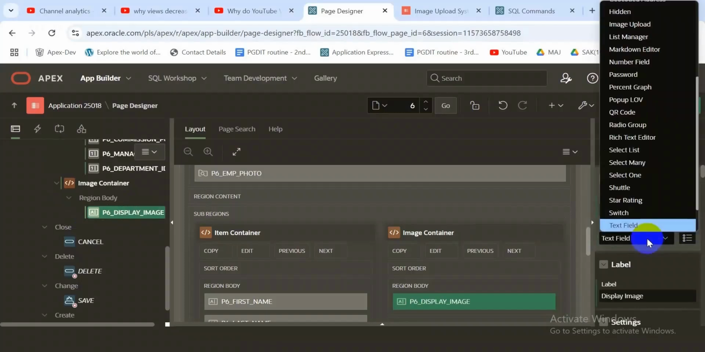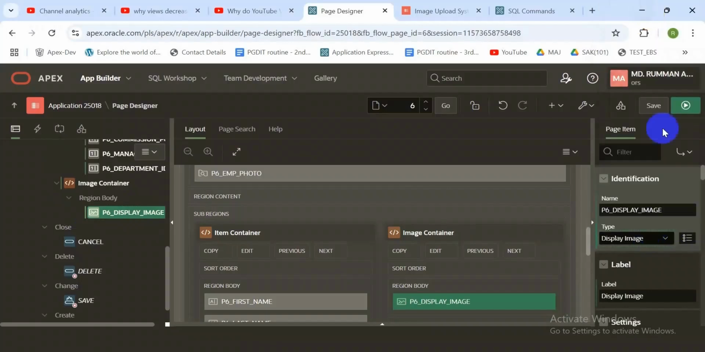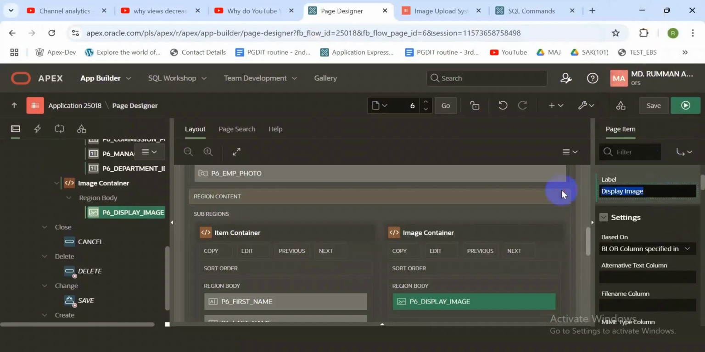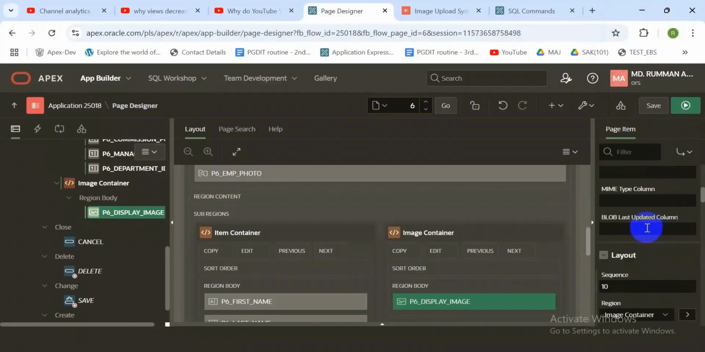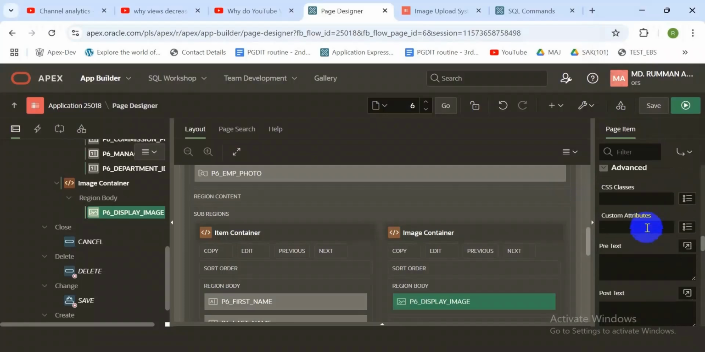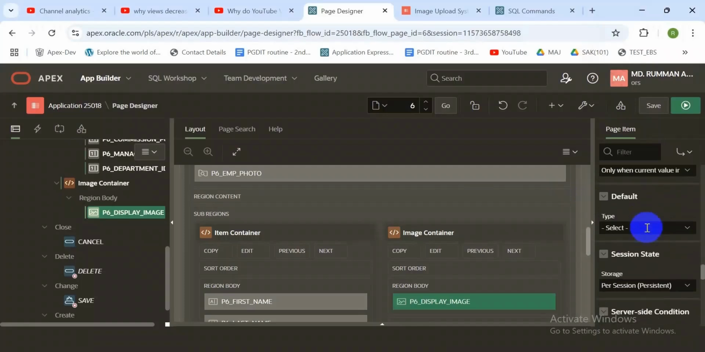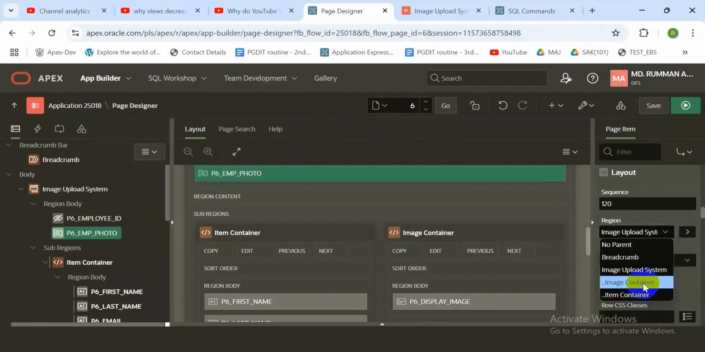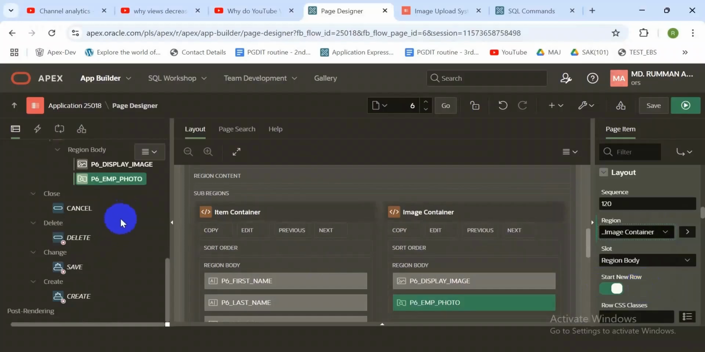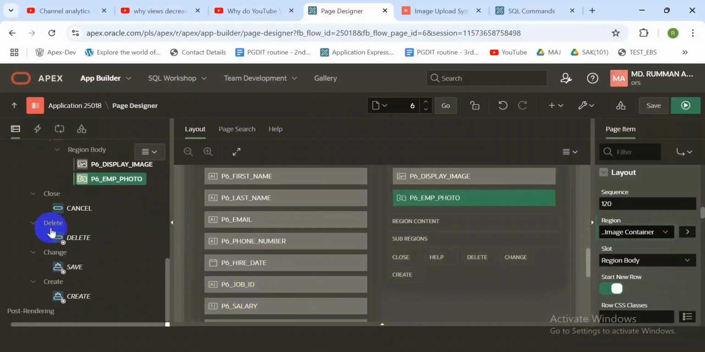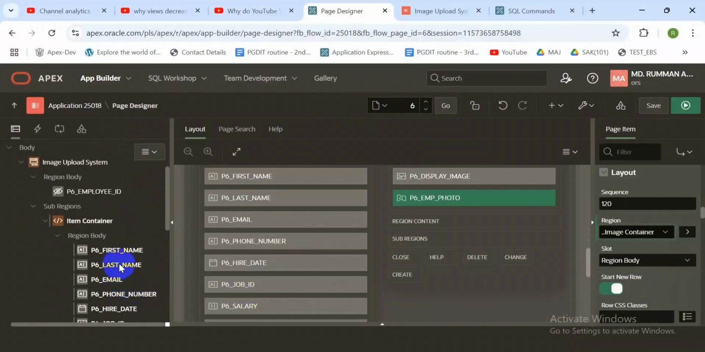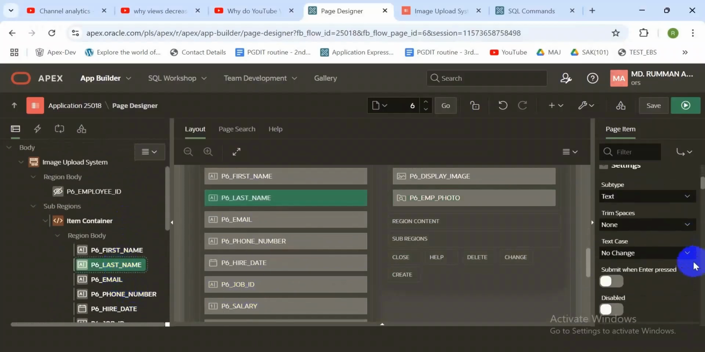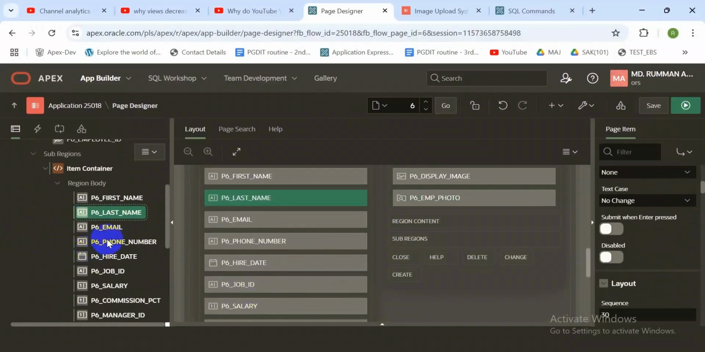Change the type to display image, and no need for a label. Set its default value, type is static, and double quotes only, image container. And we can change